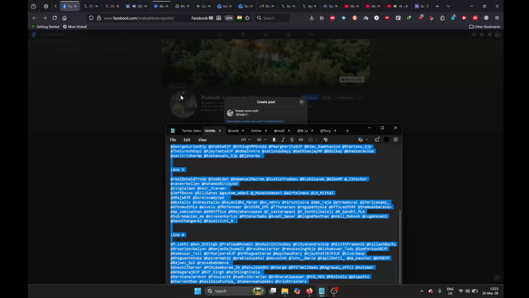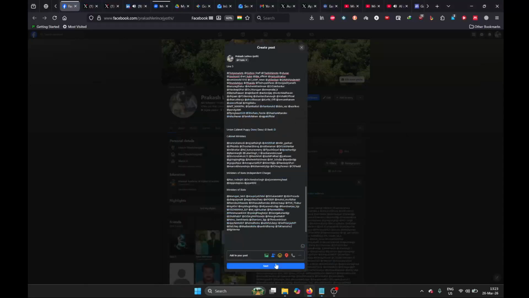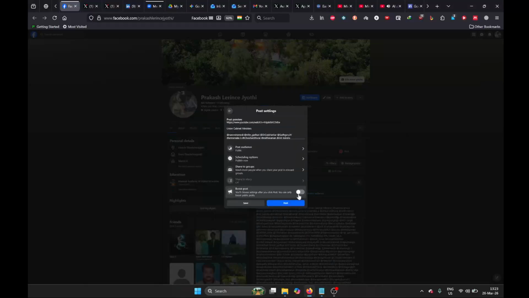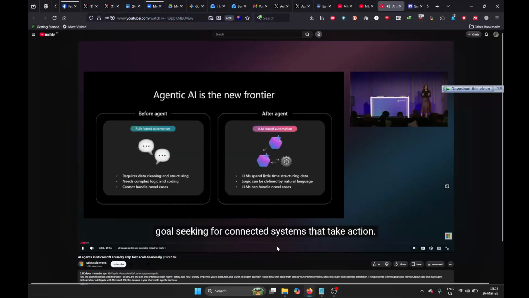Agents are in the future. They are the operating model, the new operating model for work. Not just better chats, not just prompt following, but goal seeking for connected systems that take